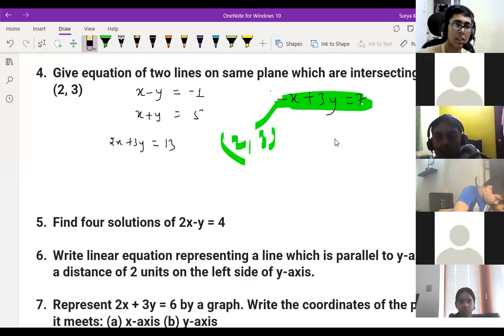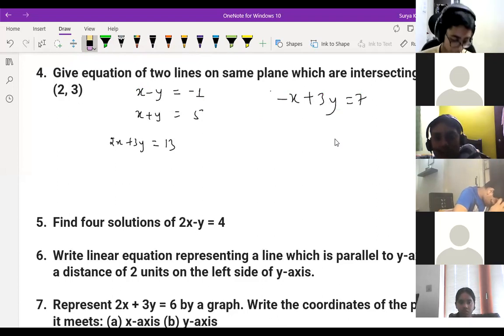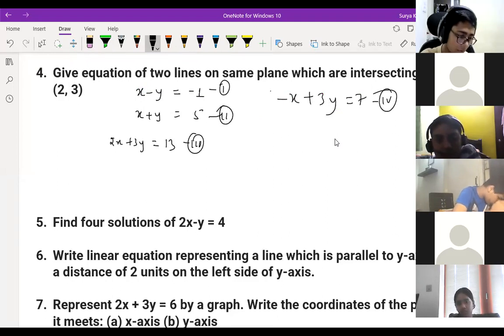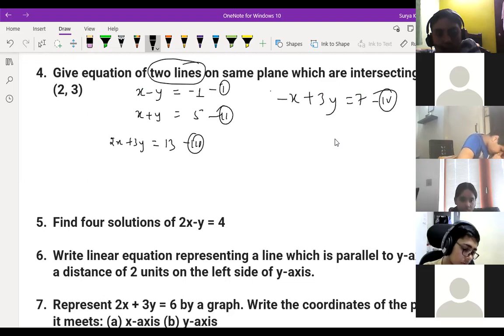So now, Ashini, tell me any other equation. Now the 4th equation becomes first, second, third, fourth. Do you have any other equation? But if we replace only this, we get only one equation, right? But they're asking you with 2 lines. If you solve, then only you get this answer. By 1 you'll get infinite solutions, right? To get only one answer, 2 equations must be there. Yes, sir. Tell me any other example, any one example.